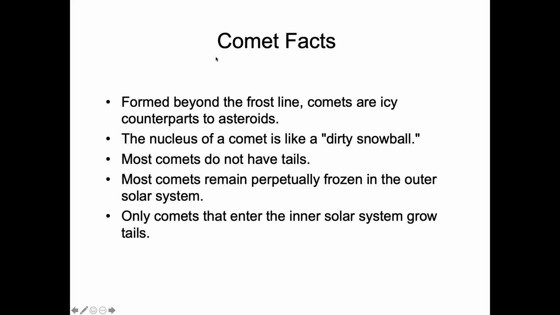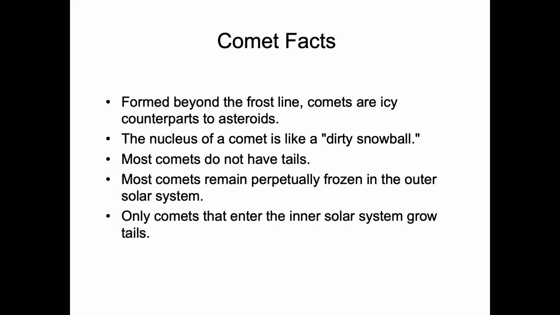And so we don't really have that many comets orbiting. I mean, comets do orbit within the frost line, but most of them orbit and are formed beyond the frost line. They are, as I've indicated here, the icy counterparts to asteroids, where asteroids are just these giant chunks of rock. Comets are tiny, tiny rock particles that almost act as the seeds for ice to condense around. And so comets are like these dirty snowballs, big balls of ice with little bits of solid rock and metal in them.